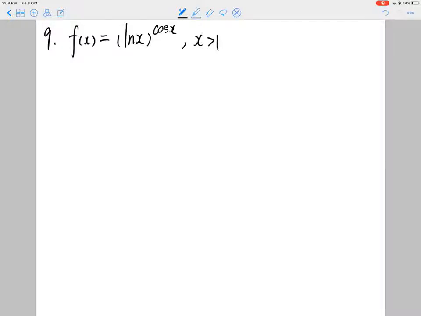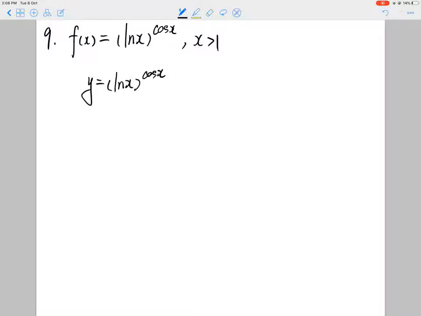Okay, here you can't use a chain rule. If it's ln x to the power of a, or it's a to the power of cosine x, you can use a chain rule. However, if both sides contain x, you can't use a chain rule. So here, what should you do? You can use the implicit differentiation, but before that,